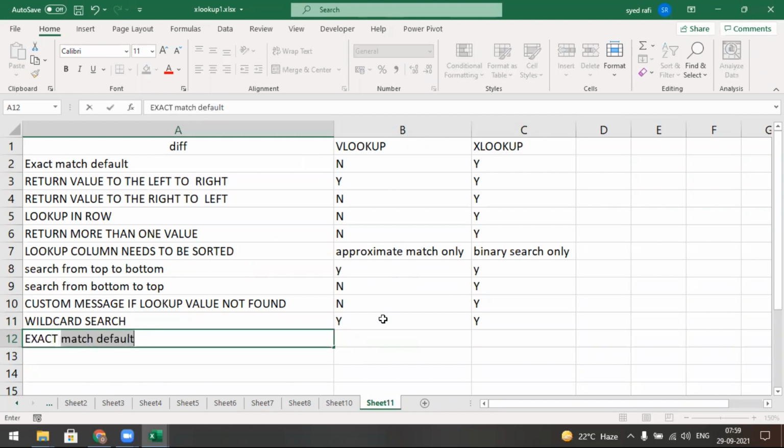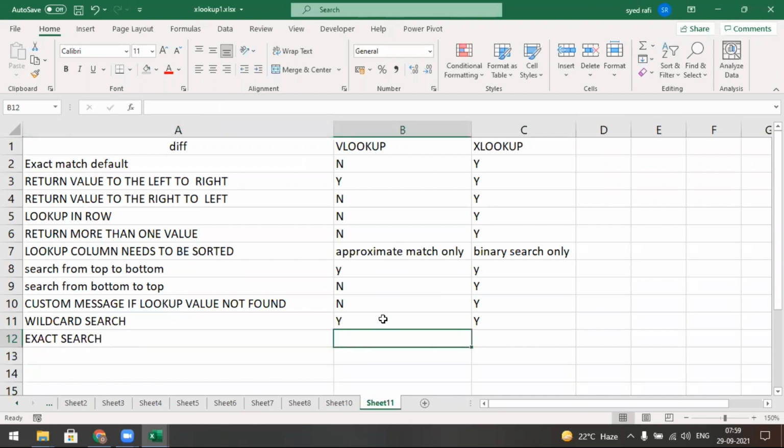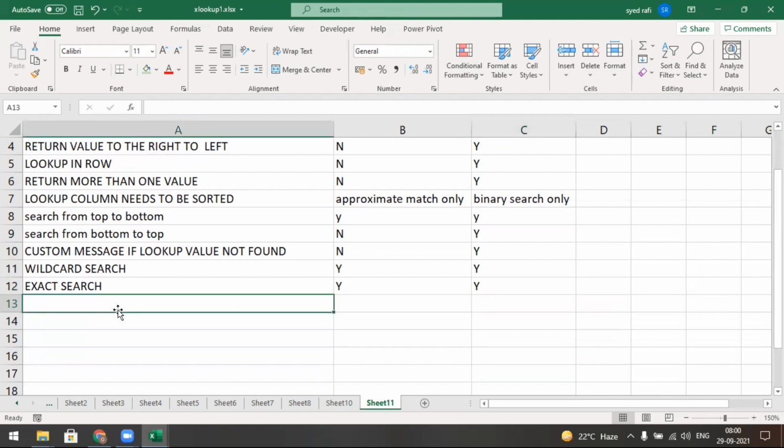Exact search: yes, both are possible. Exact match, approximate match, approximate search.